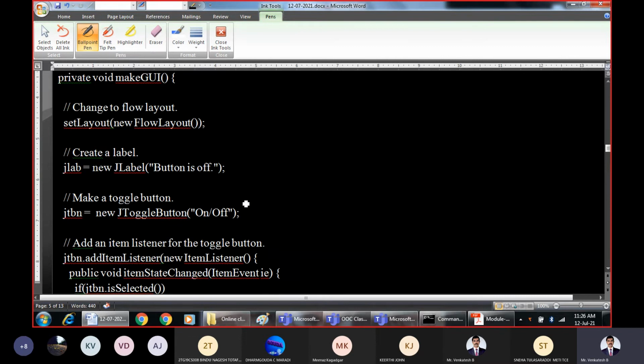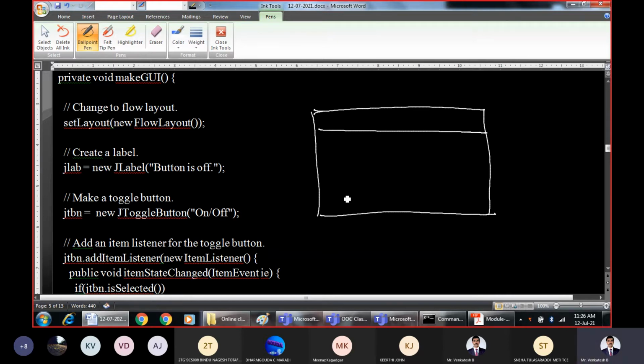Now coming to the graphical user interface. So let us assume roughly there is some content pane for this applet. Yes, this is the content pane for this applet. Now after setting the flow layout, we are just creating one label. What is the label?